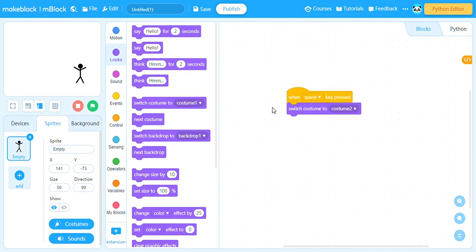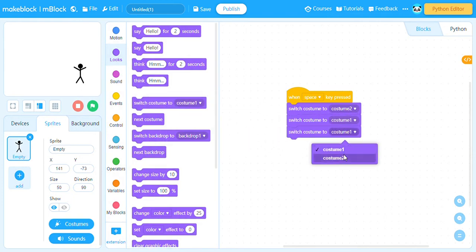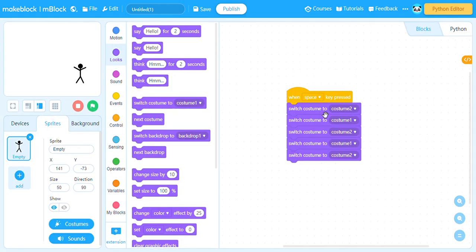So as you can see, if I do this again and again, it will fly. It will kind of act like a bird. So let's see if it will work once for an experiment. Oh, that is too fast. So if the code is too fast,